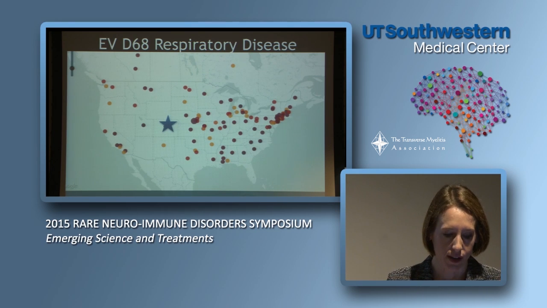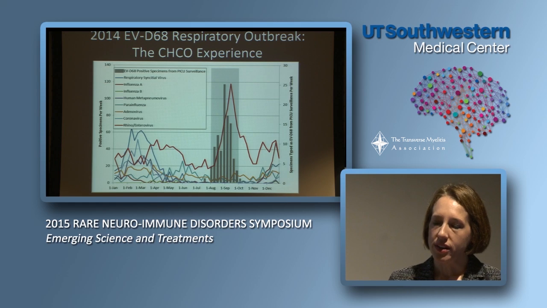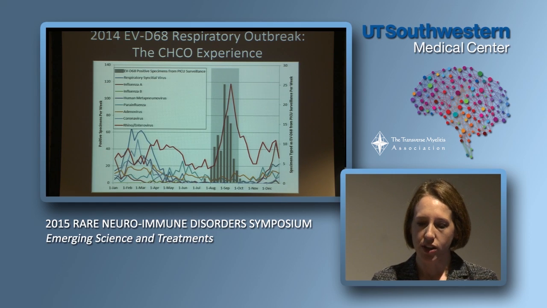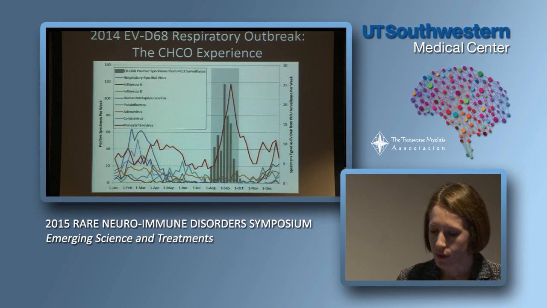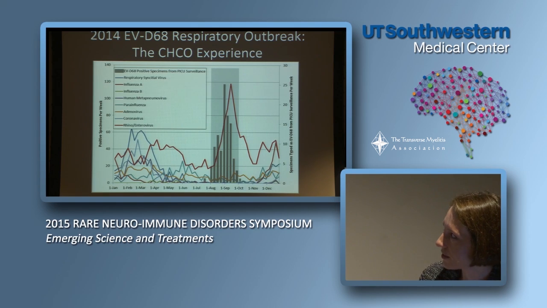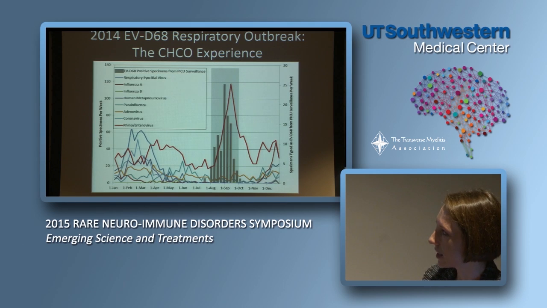It was prevalent. When we looked at our institution and tried to figure out whether or not these two outbreaks could be related, what we saw was a graph that sort of overlapped. So let me see here if I can show you. These gray bars here represent the cases of acute flaccid myelitis, these 12 cases with the distinctive weakness and pattern on MRI.